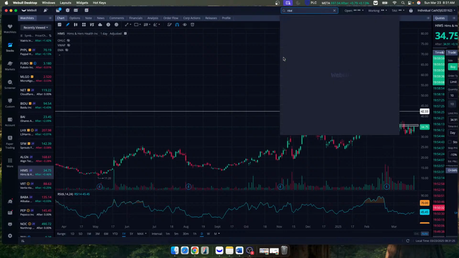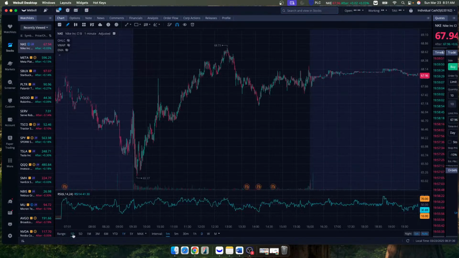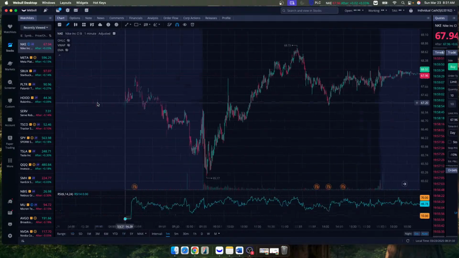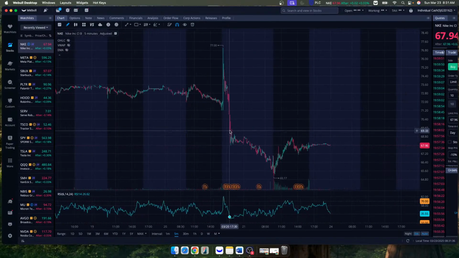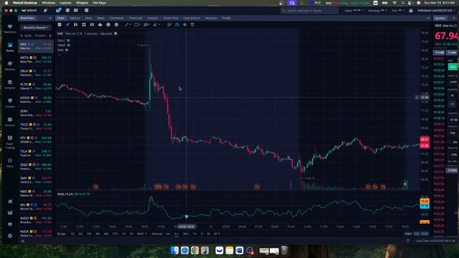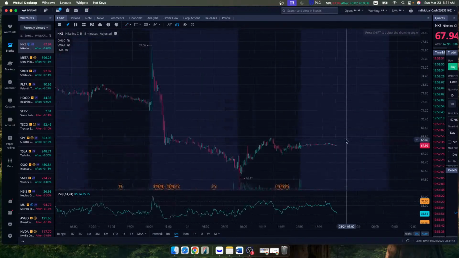All right, Nike, I just want to show you. There's another position I'm holding. Don't you love when you're holding the stock, you wake up, you forget it's their earnings, and it just dies? So Nike literally goes from $77 at that top and dies down 15%. I was like, very nice, Nike, very nice.